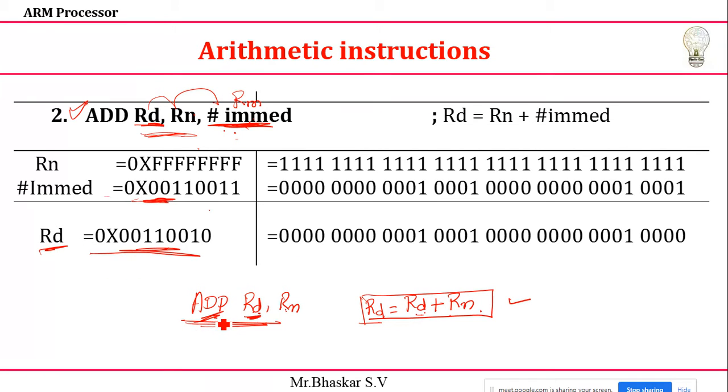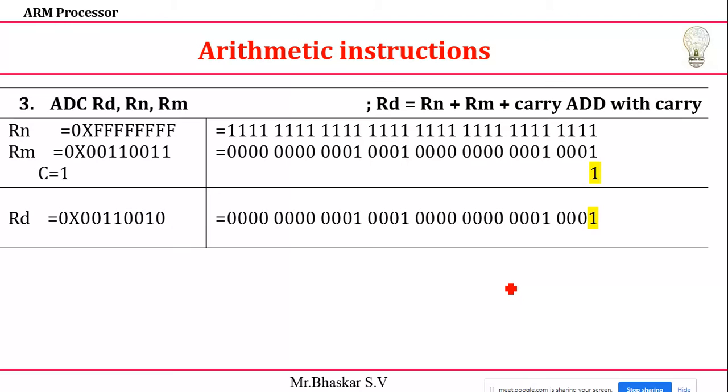Okay, this is normal addition. Next, suppose I have a carry and I want to take it into the addition, depending on your carry bit. In the flags, I have a carry flag in XPSR. Suppose my carry is equal to 1, the carry bit is 1. In the next instruction, I'm going to consider that one, I need to add with this one. So how do I use my carry flag? If you want to consider that, I have an instruction, it is ADC. ADD means addition, ADC is nothing but addition with the carry.